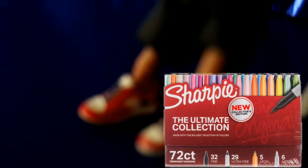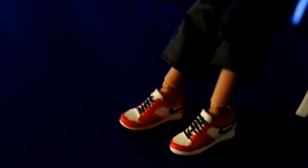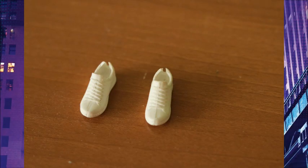I don't know if it's gonna clear up this camera. Sometimes the lenses just do what they want to do, but I'm just trying to show you what I did here. I definitely will show you some photos of this. Sorry for the shakiness. So here you can see I took a pair of plain white doll sneakers and I